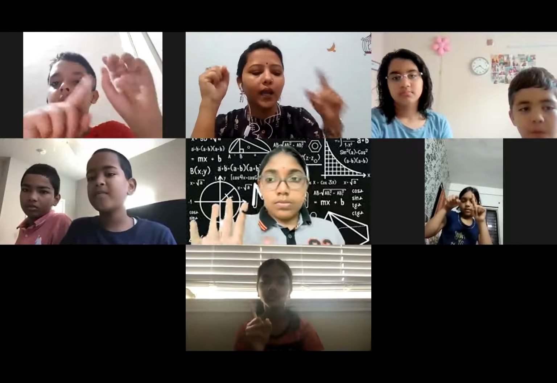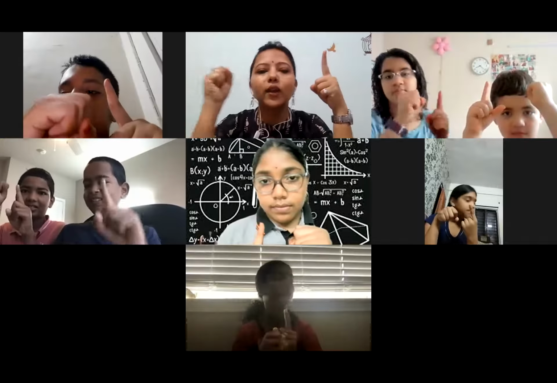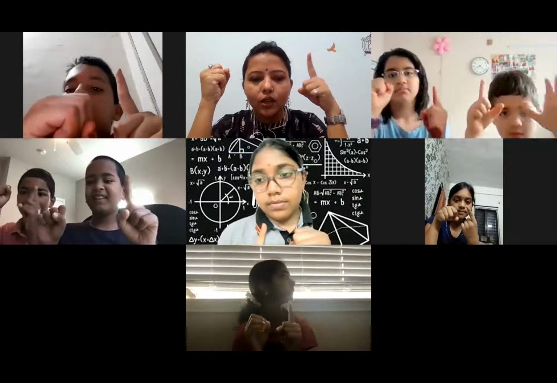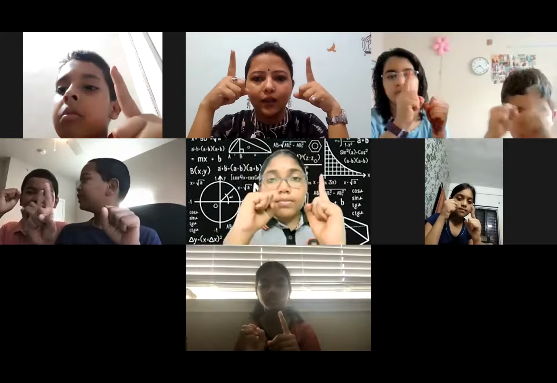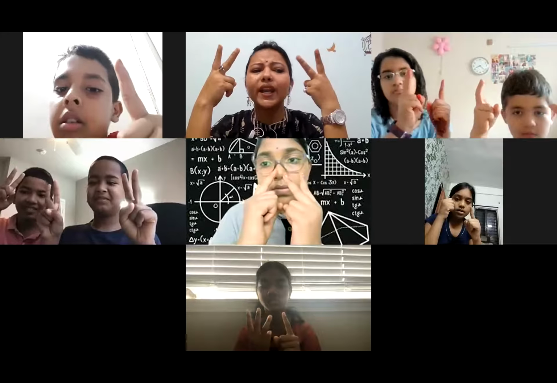How will you make 1, 0, 10? The way you write the number, in the same way you make numbers on your hand. So show me your 10. If I'm making 10 like this, your 10 will be opposite to my hands. Then 1, 1, 11. 1, 2, 12. You are making 22.